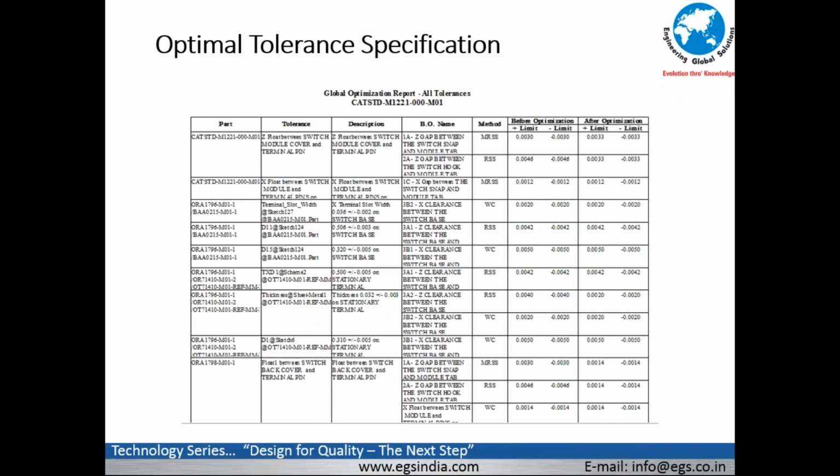Now, once you have done the optimization of drawings and the optimization of tolerances, let us remember, we can do it for one set of tolerances or we can do it for multiple objectives, and you would be able to maximize the tolerance so that, for the process capability, you are able to arrive at optimal tolerances depending on the choice of method.